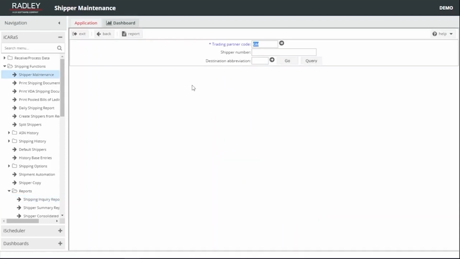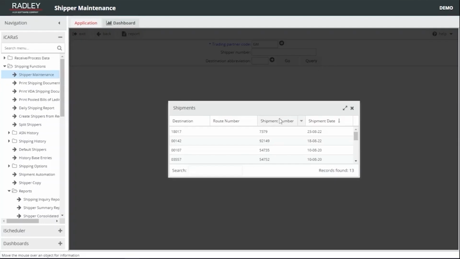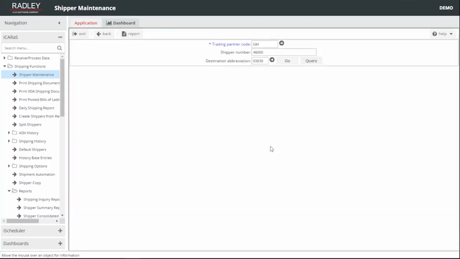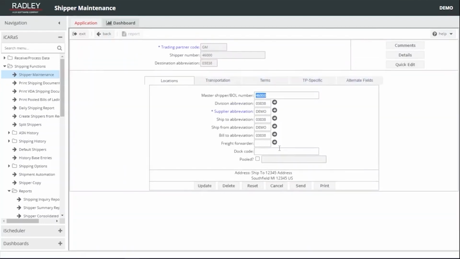maintenance module. These screens are essentially a means to view and maintain records within our data files, hence our term maintenance screen. So it could be an address file, could be the part file, in this case our shipper files. In an ASP version of a maintenance, we force the user to input the key fields to a particular record or select via the query button if it already exists. Once the key to a record is input or selected, we navigate to a form view of all the fields